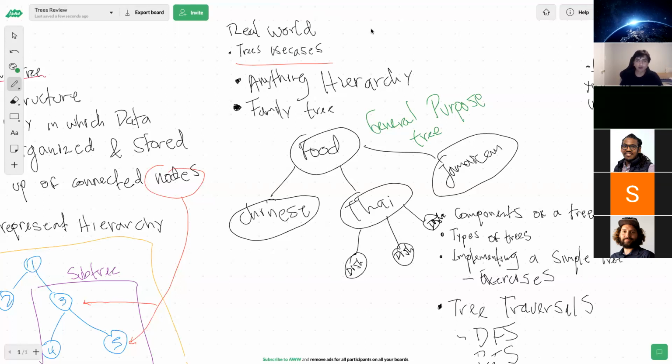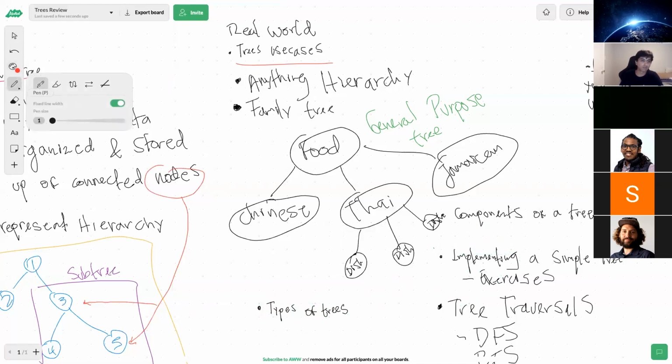Okay, so we talked about the components of the tree. Now let's talk about the types of trees. Let's move this here. I think some people mentioned a few of them.